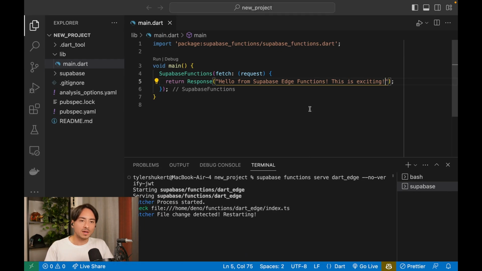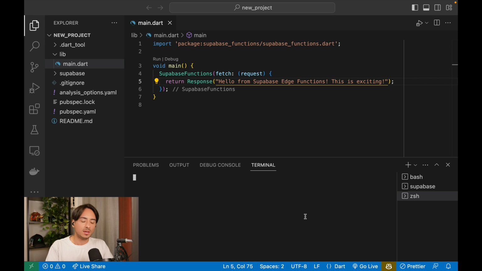Now that we have verified that the functions work locally, I want to take a step further and I want to access some Supabase database from within this function. Now, in order to do that, we have to install some dependencies. So let's just do that. So I'm going to open a new terminal and